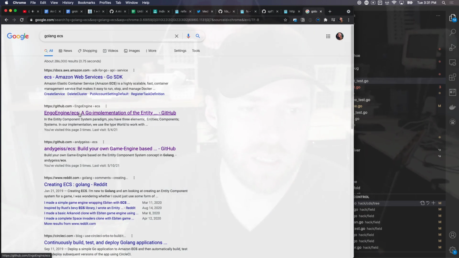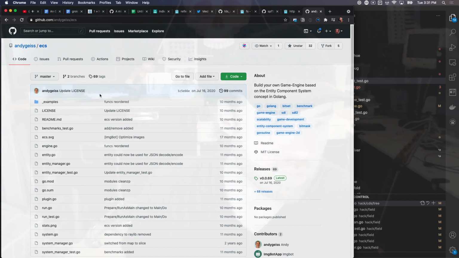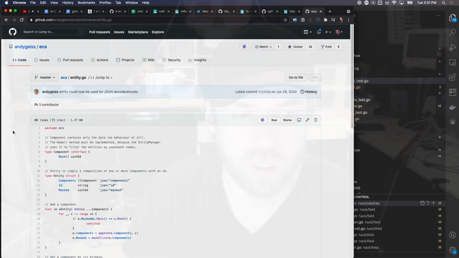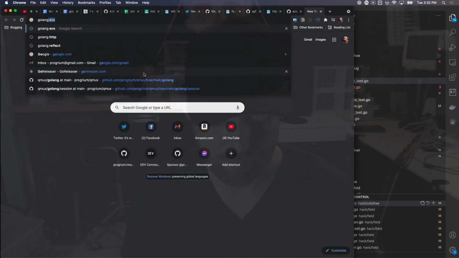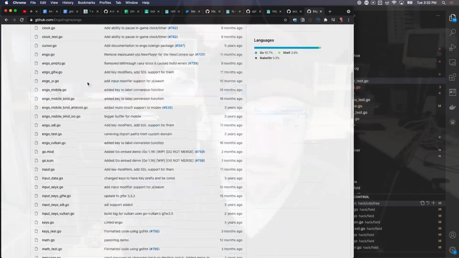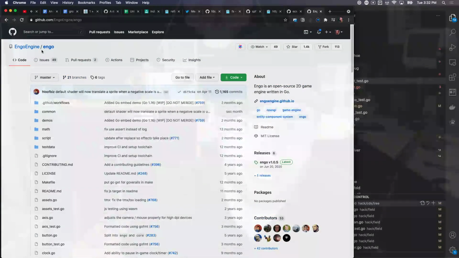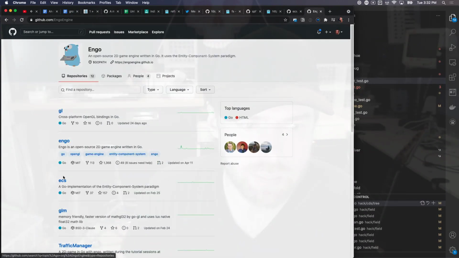Because even though there's a lot of things to make an ECS system, at the heart is the idea of an entity. And an entity is just something that maybe has an ID and then contains components. And the more popular Go version, Ebiten, which is an actual usable 2D engine in Go, uses ECS,